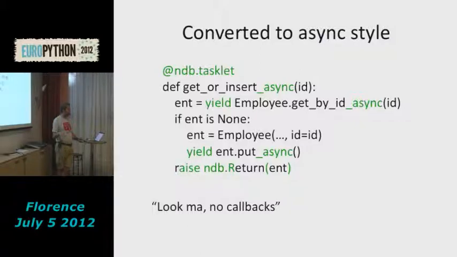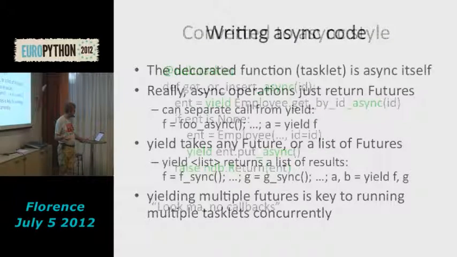So using this style, it's very easy to think about that algorithm and all the state, the information about where in the algorithm am I? Have I already read something from the datastore, or have I just read something from memcache, or did I not get the result from memcache? All that state is just represented the way you'd like to represent it, namely, this is where I am in my function, and these are the values of my local variables that automatically survive across the yield.